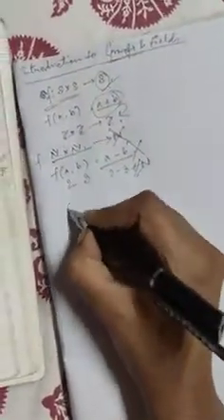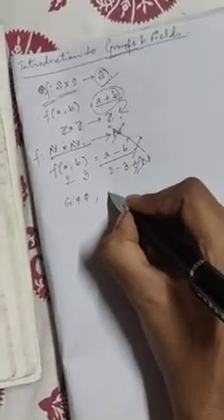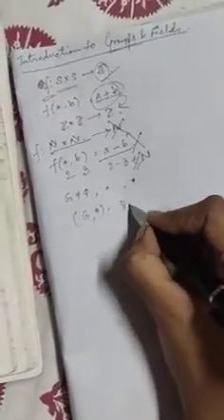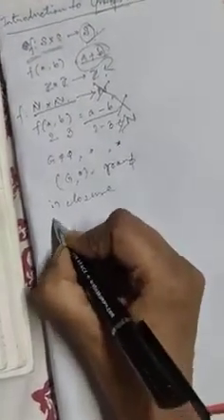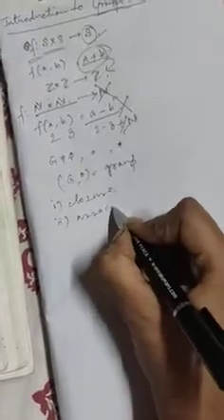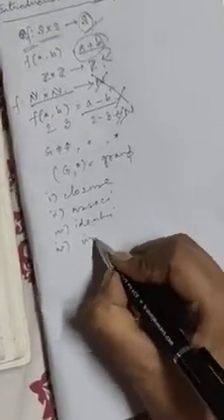Okay. Now moving to groups. Suppose we have a non-empty set G and we define a binary operation on G. Generally we denote it by small o or star. Then G comma o or G comma star is said to be a group if it satisfies a total of 4 conditions. Number 1 is closure property. Number 2 is associative property. Number 3 is identity property. And number 4 is called inverse property.